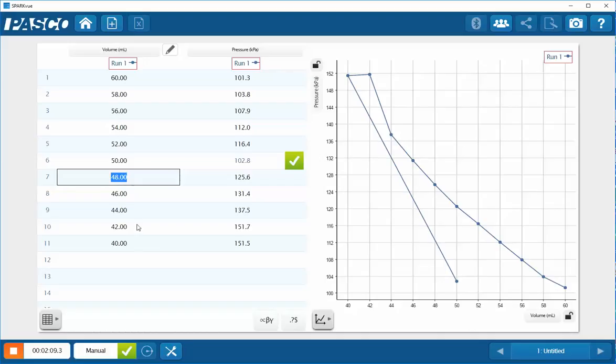If I look at my last two data points here, I can see that my pressure for my 40 milliliter volume and my 42 milliliter volume are the same. So one thing that I can do is, I think the value that was wrong was my value for 42. If I extrapolate this along here, I can see that this is probably the data point that's not quite right. So not only am I able to correct the user entered data portion of this,